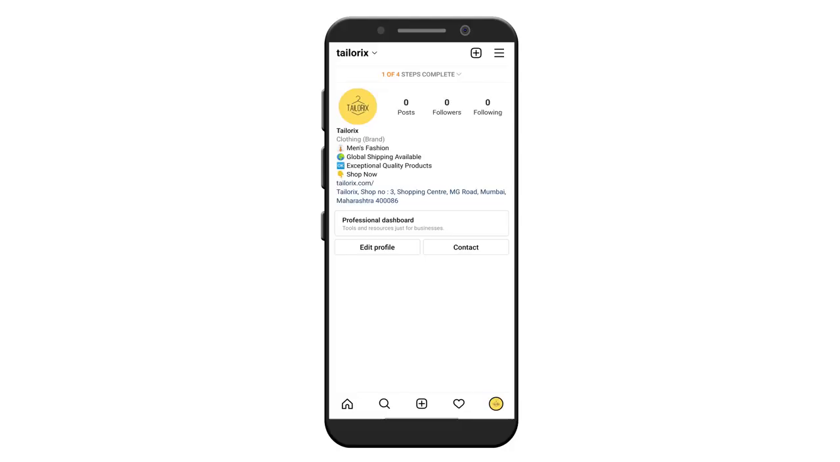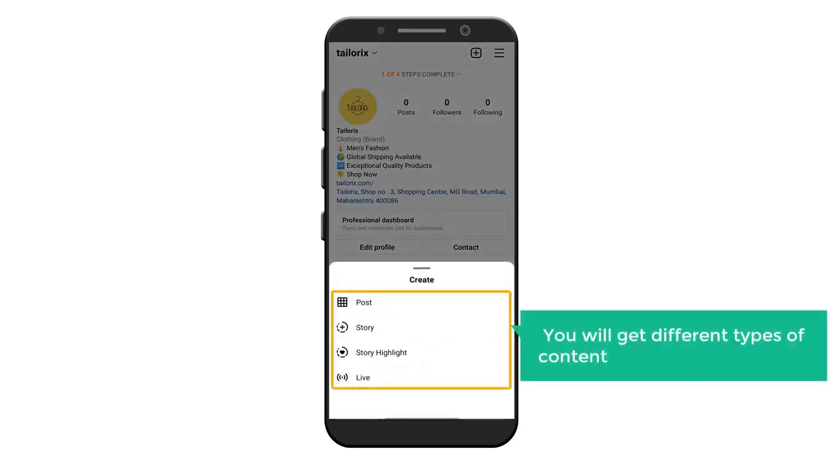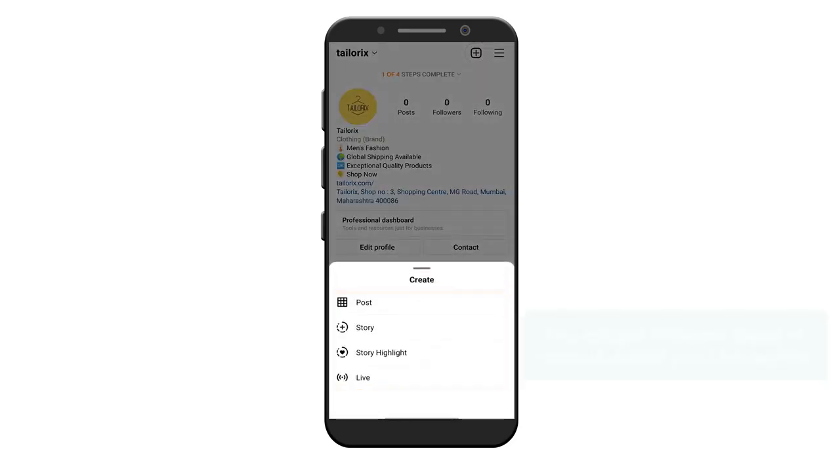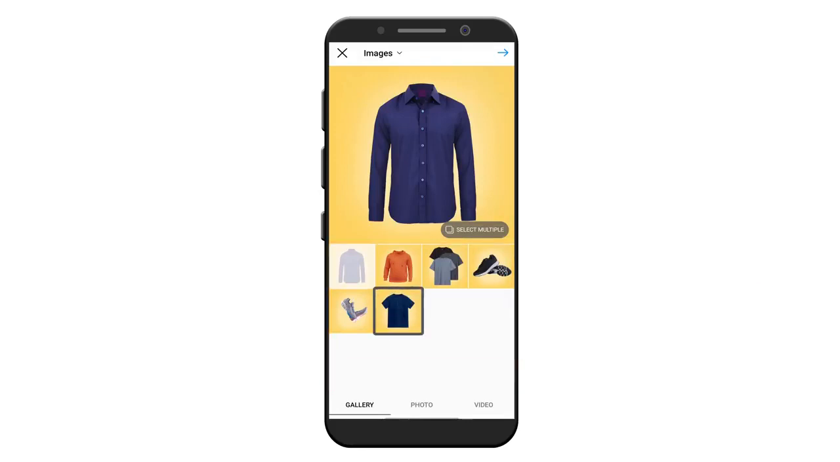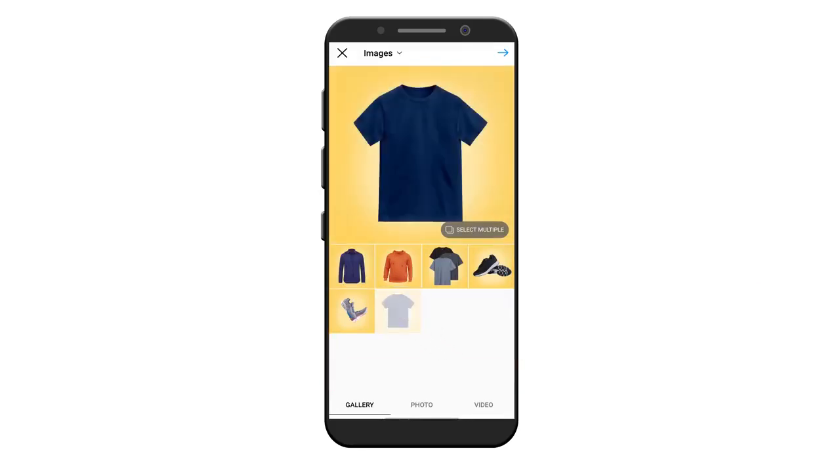Okay, now you know how you can create your Instagram business page. Once you have created your Instagram business page, next, let's see how you can post content on your page. Now to post your content, here click the plus icon and you will get different types of content which you can publish. I'm going to post a picture. So let's select Post and you can select the picture from your gallery. I'm going to select this picture. Now click here